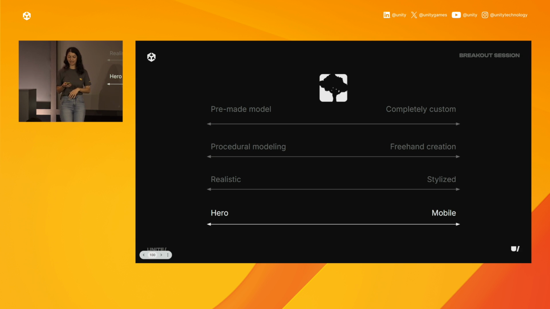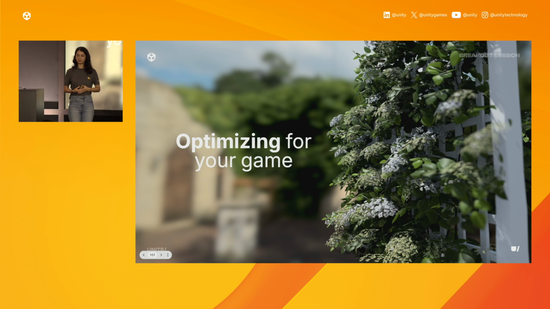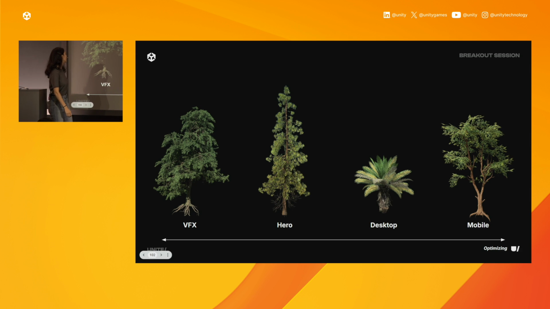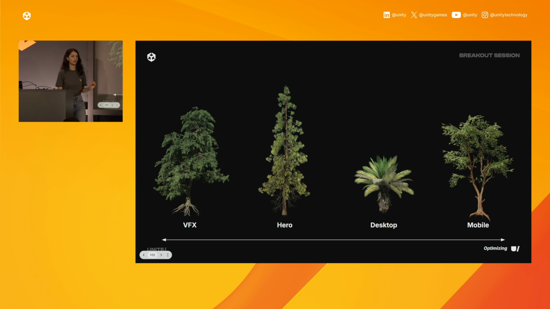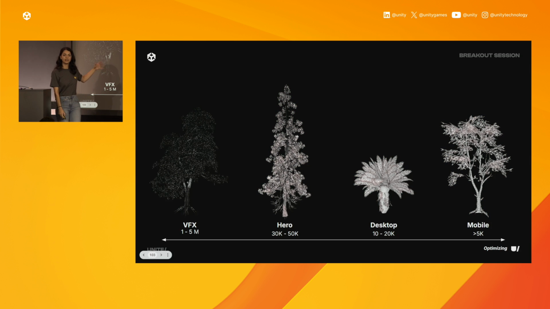So now is a great time for us to transition into talking about poly count and more generally into optimizing for your project. So on the topic of poly count, you can see here that in SpeedTree, we can make a whole host of different levels of detail for our model. So I just stuck a VFX tree in here for fun. But I'll swap these into scribed mode so you can see the polygons and get an idea of the different densities. So we can go from a VFX tree in the millions, but then for games, we're looking more in the thousands down to mobile, really tiny, under 5K.